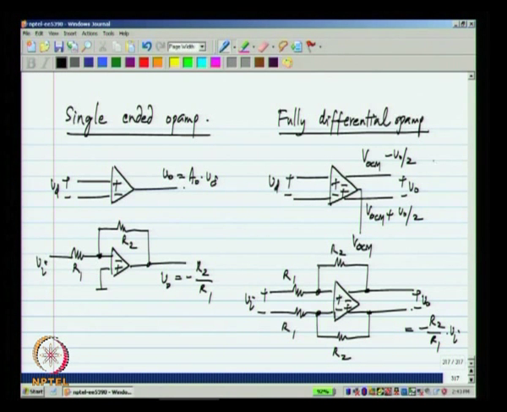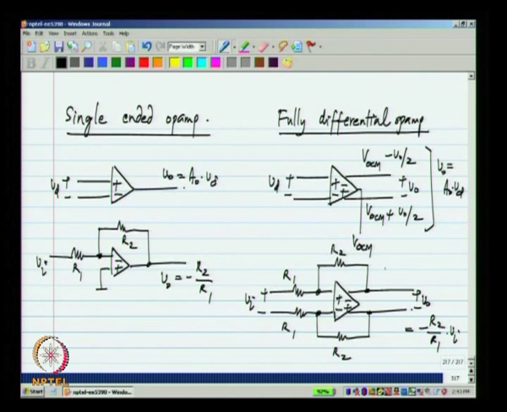And I did not mention this earlier, V naught in this will be A naught times Vd if Vd is a DC, otherwise it will be A of s, where A of s is some transfer function, the transfer function of the op amp. So, this is the fully differential version. Again you can easily analyze that by assuming that the inputs of the op amp are a virtual short. If the op amp behaves like an integrator or if it has a very high gain, then these two inputs will be at the same voltage and the output will be minus R2 by R1 times VI.